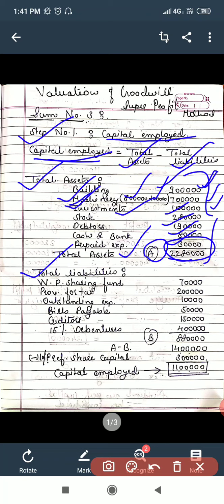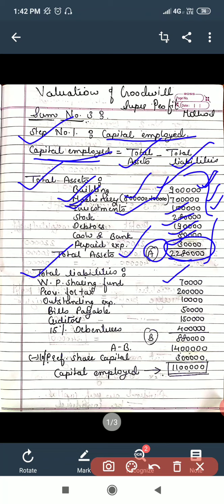Now, calculate the total liabilities. Let us start with the liability side of the balance sheet, from the bottom. The depreciation fund for machinery we have already considered. For building, because the market value has been taken care of, this is not to be considered. Then we have the workman profit sharing fund, which is at rupees 70,000, and we will write it down here as a liability. Then the workman compensation fund is not a liability as it is discretionary on the part of the company. It will not form part of the total liabilities.